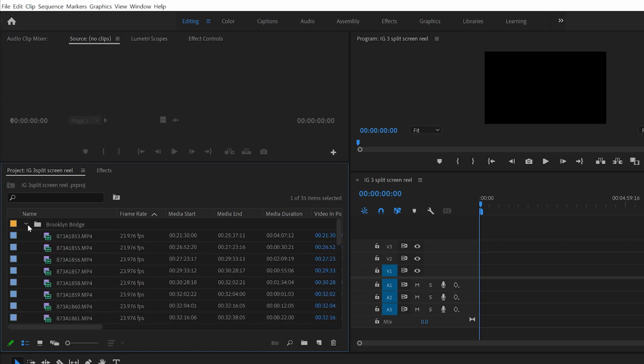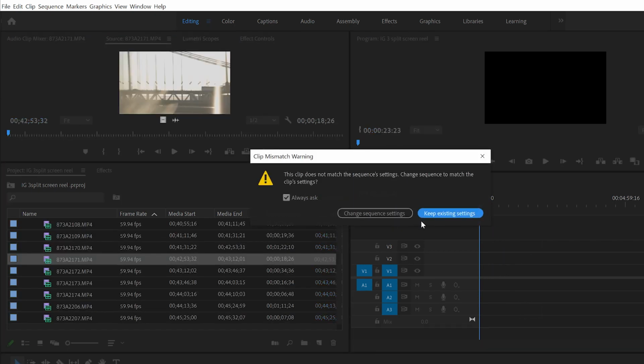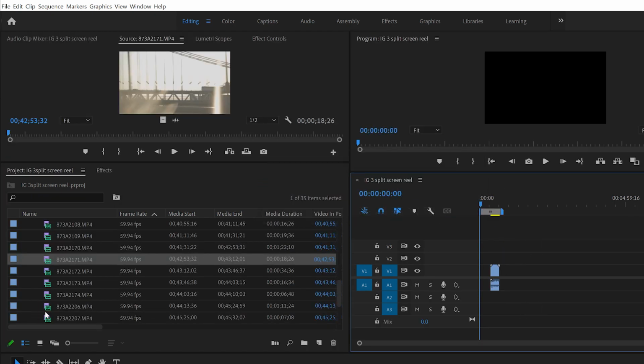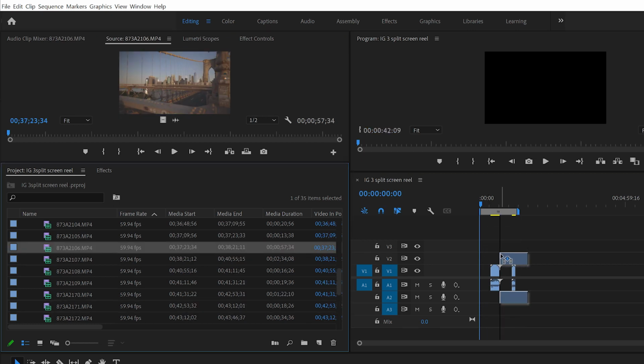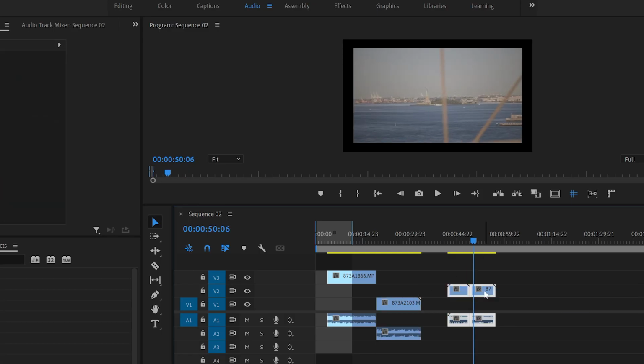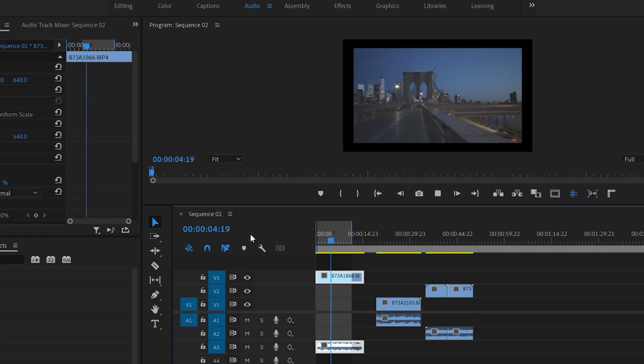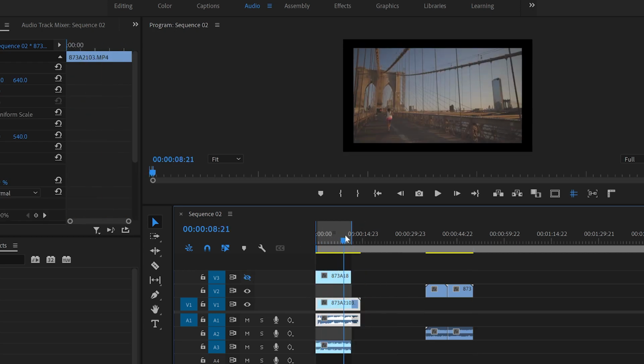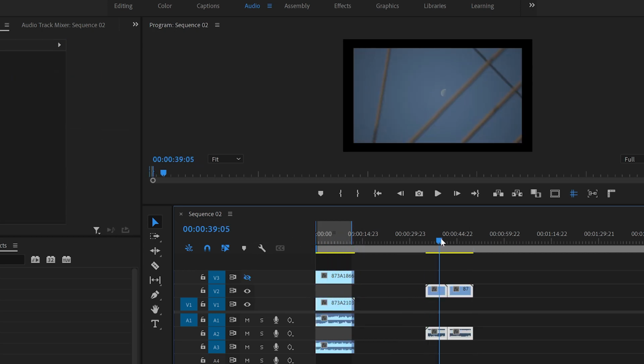And you will place the clips that you want at the bottom of your 3-split video in the first video track, the clips that you want in the middle in the second video track, and the clips you want at the top in the third video track. Set in and out points and try to create balance with what you are showing in these 3 little sections so that it's pleasing to the eyes.